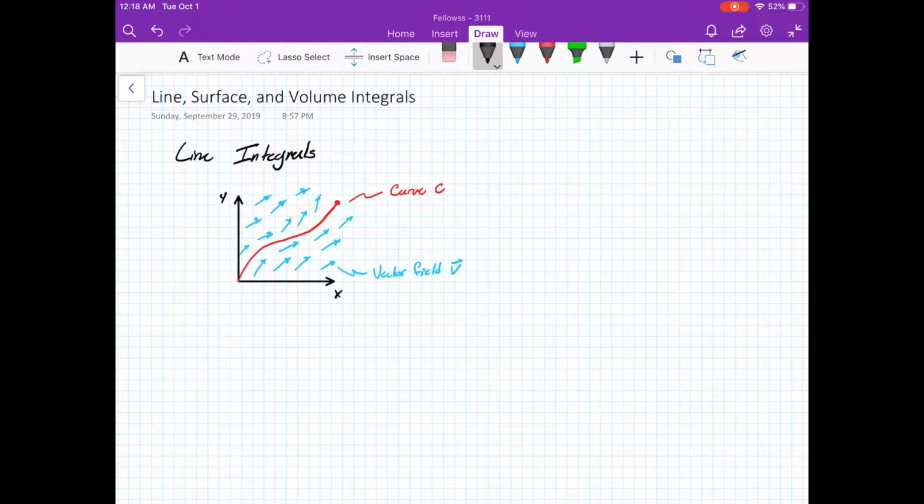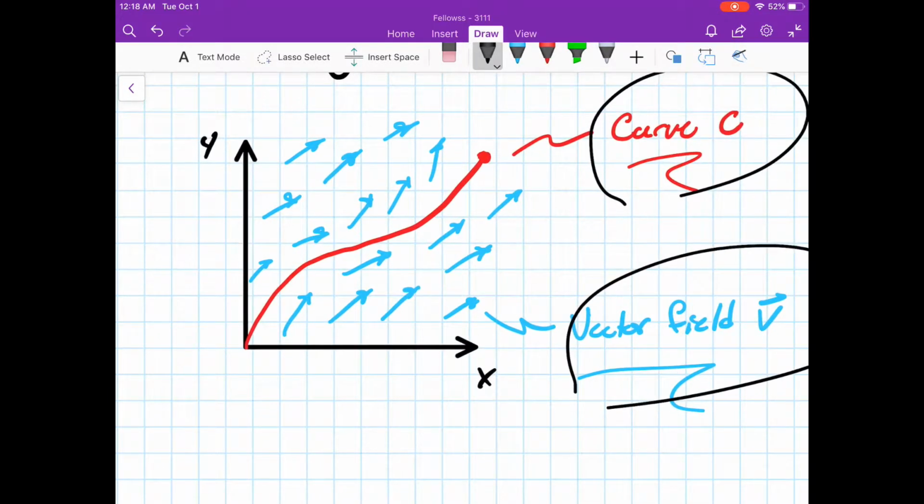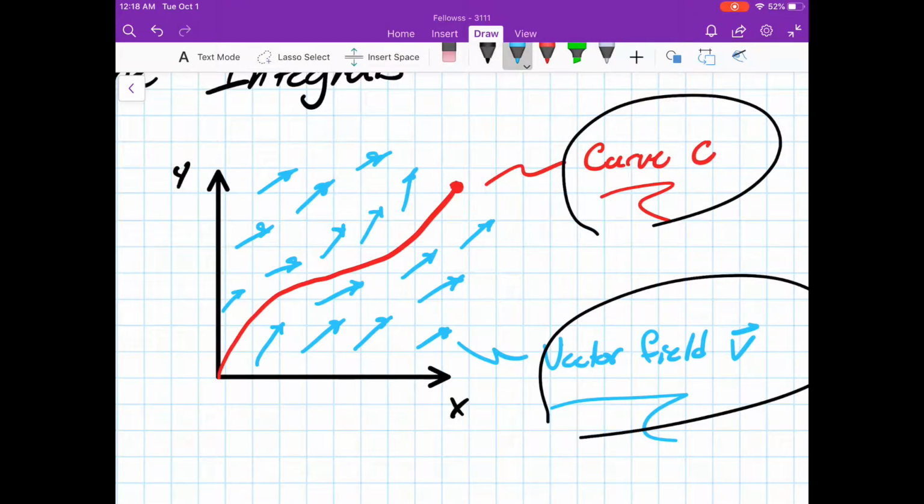So, line integrals. When we're talking about line integrals, here we're talking about it in the context of a vector field V and a curve C. When we have a line integral, essentially what we're saying is how much of this quantity V accumulates in the direction and over the length of curve C. I've drawn a vector field that lines up with our curve pretty well. So if this curve goes from 0 to end,